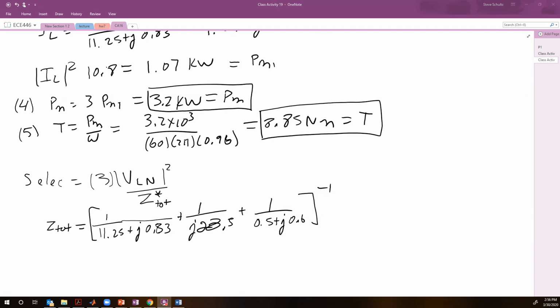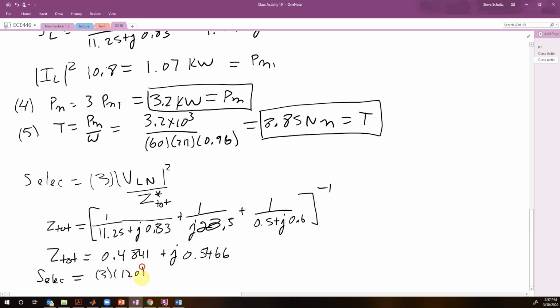So that gives me a total impedance of 0.4841 plus j0.5466. So now my electrical complex power is going to be 3 times 120 squared divided by Z total conjugate, which is equal to